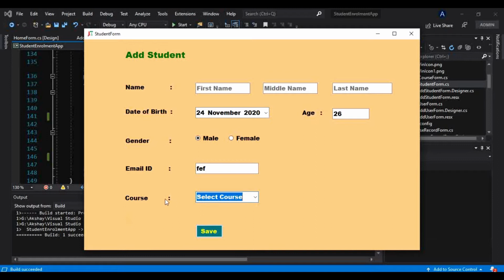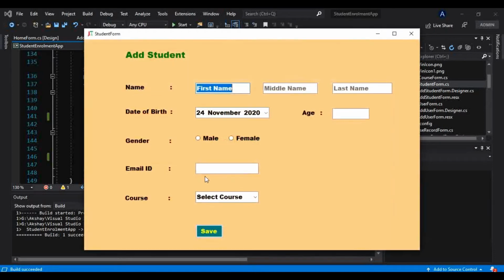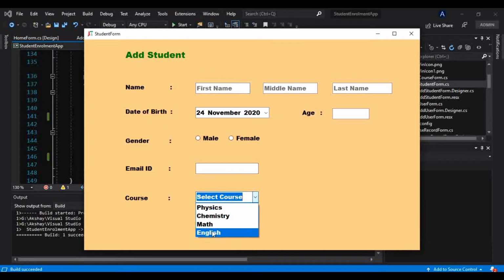And let's just see this course validation as well once. Let me save this. So it is providing an error for this as well. It is saying please select course. Okay, so we are done with all these things in the previous part, and I have done only small changes. Now what we have to do here, let's have two tabs: one tab for course and one tab for user, and we will add courses manually from here only. And if I go to this add student, whatever courses we have added manually from the edit items, we will fetch directly from the database.